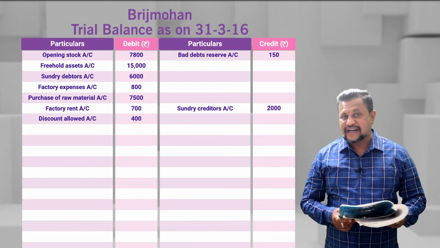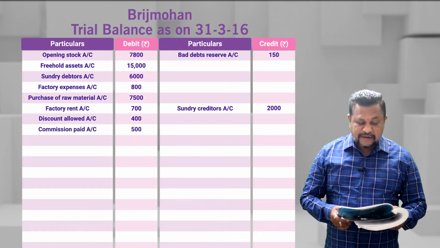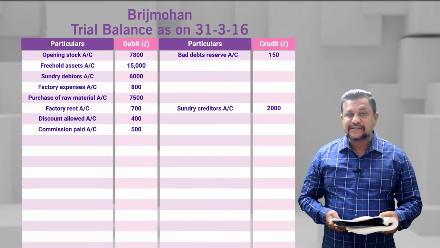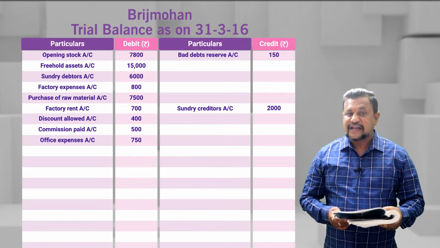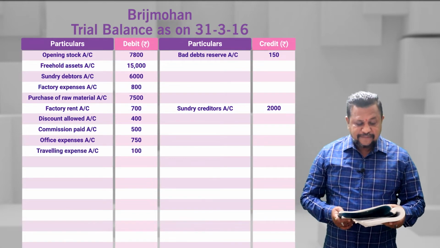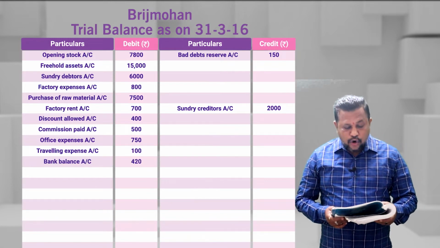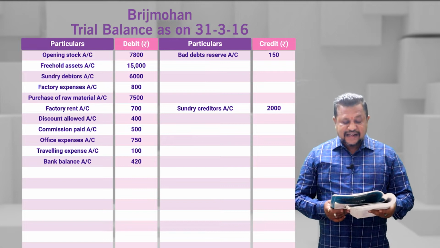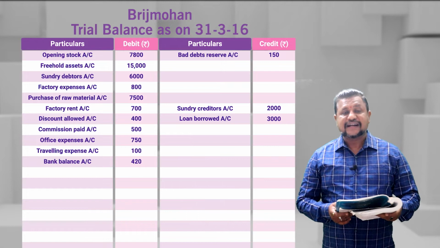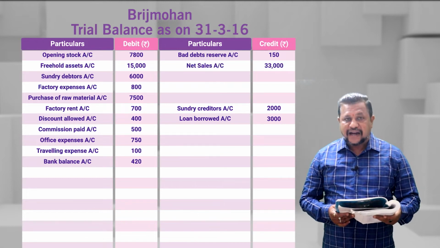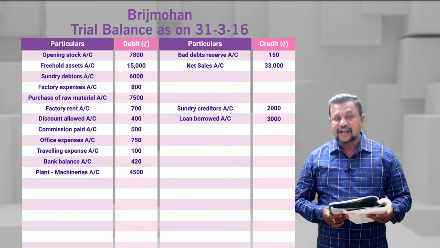So bad debts reserve credit side 150, commission paid is an expense debit side 500, office expense is an expense debit side 750, traveling expense debit side 100, bank balance is a current asset debit side 420, loan borrowed is a liability credit side 3,000, net sales income credit side 33,000, plant and machinery non-current asset debit side 4,500, wages